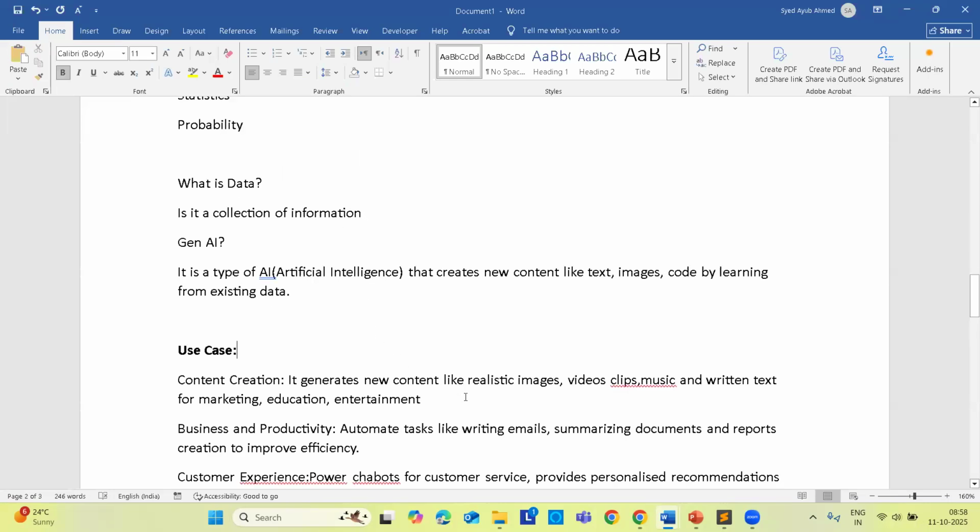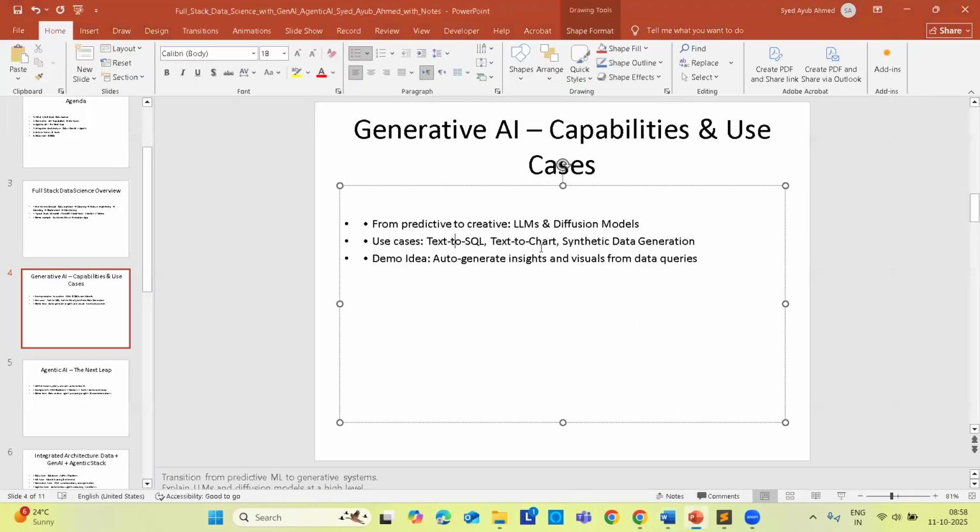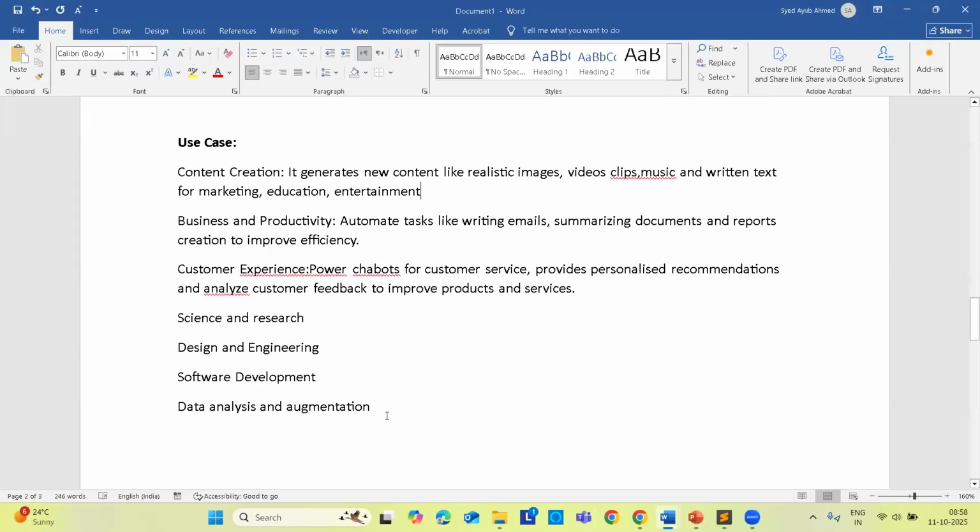Clear? Understood, guys? Okay. Text to chat. See, this is also the use cases. You can take this as well. Okay, I've given few here. From here also you can take